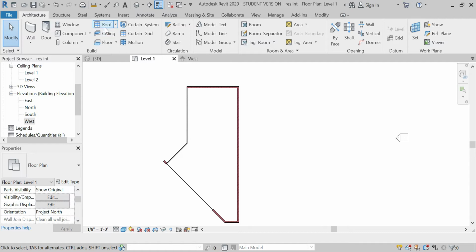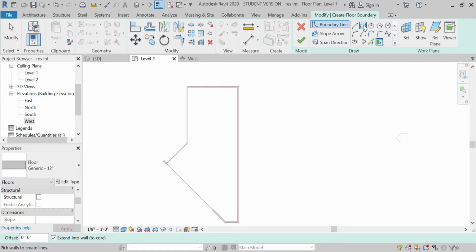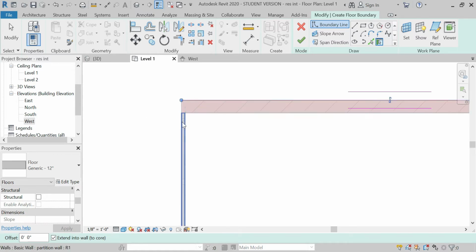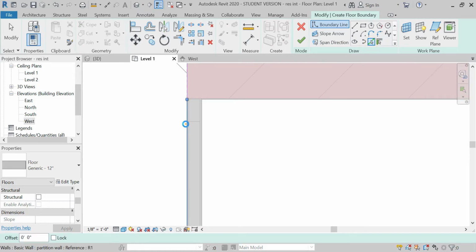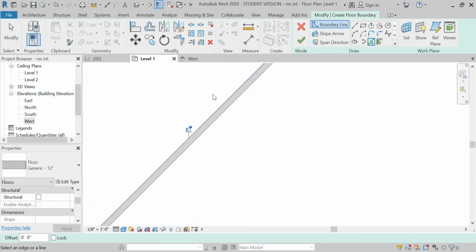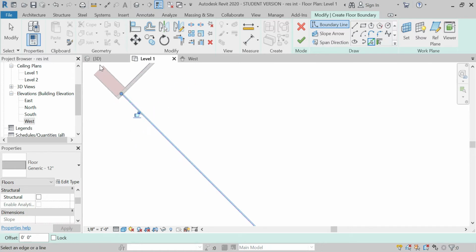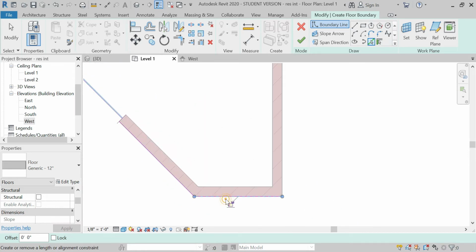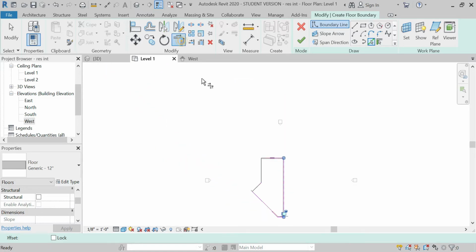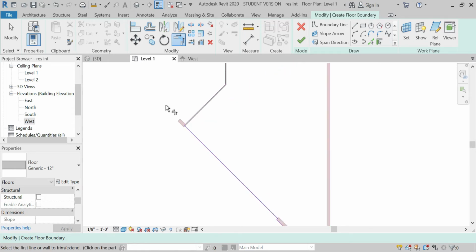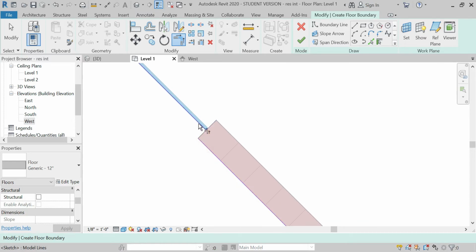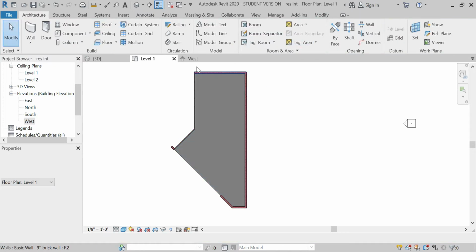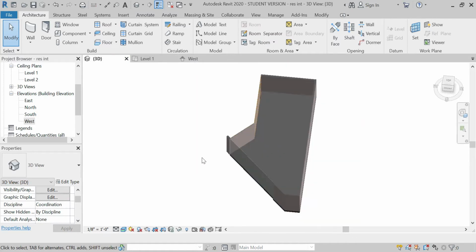Go to level 1 floor plan. Select floor in the architecture tab and draw the boundary of the floor plan within these walls. Exit this mode, then select this floor,